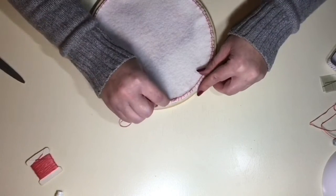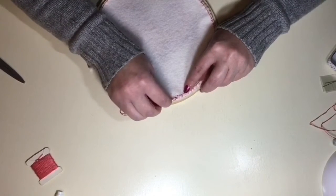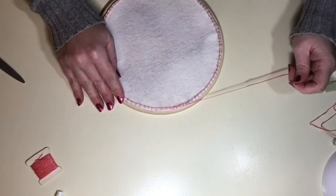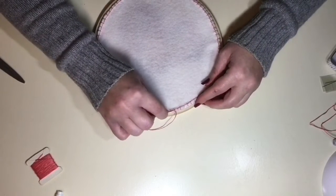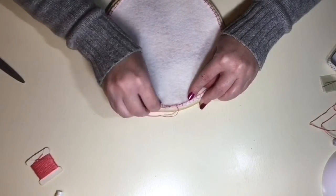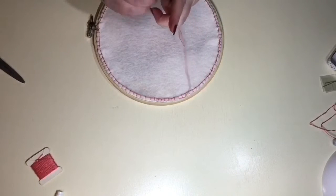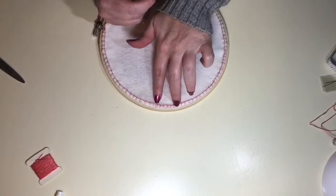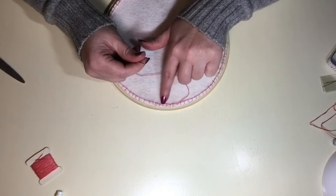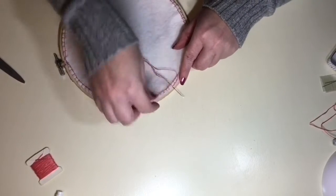What we're going to do is we're just going to put it into the fabric here, the felt and the fabric. Work it through. That way it's a little bit hidden, but if it shows, it's okay. And we're going to just keep working it through a little bit. And pull it tight, so that way we have all of this area where if the thread was to come loose and start working its way out, it would have to make it at least that far. So now I'm going to put my needle through one of the stitches